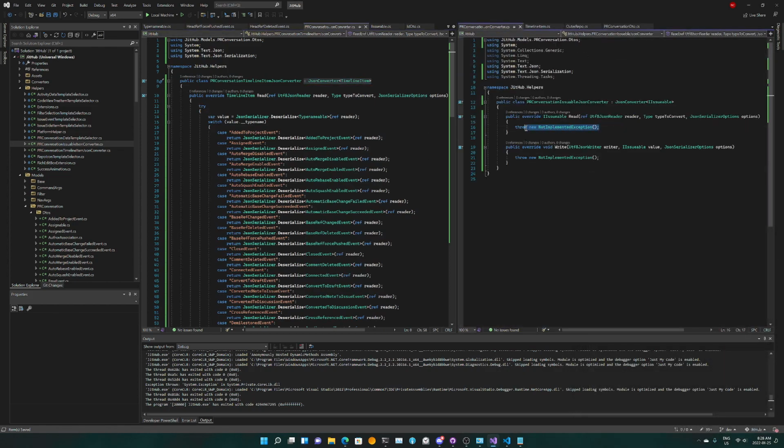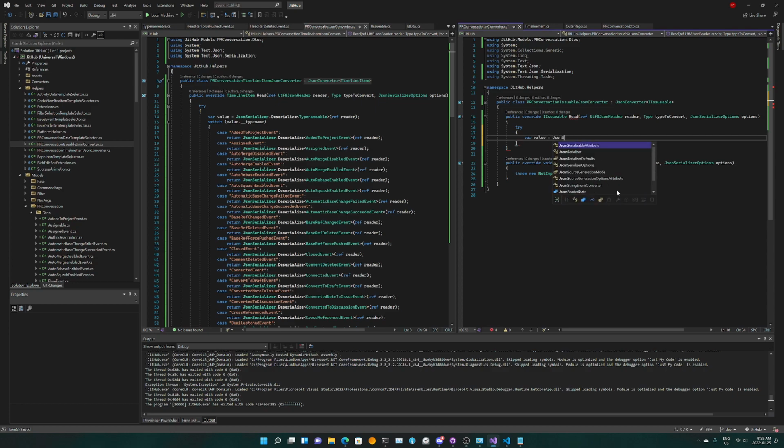So what we're gonna do is that we're gonna do try and var value equals to JsonSerializer dot deserializing issuable ref on the reader plus options. Yes, I need the options.